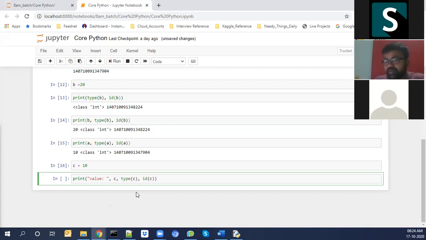If I'm printing everything in one line, I need to separate with commas. If I want to add a certain string, again I need to write it in double quotes. Whatever string you want to give with the print statement, we need to write in double quotes. If you want to print a direct object, I can directly give the object value here.